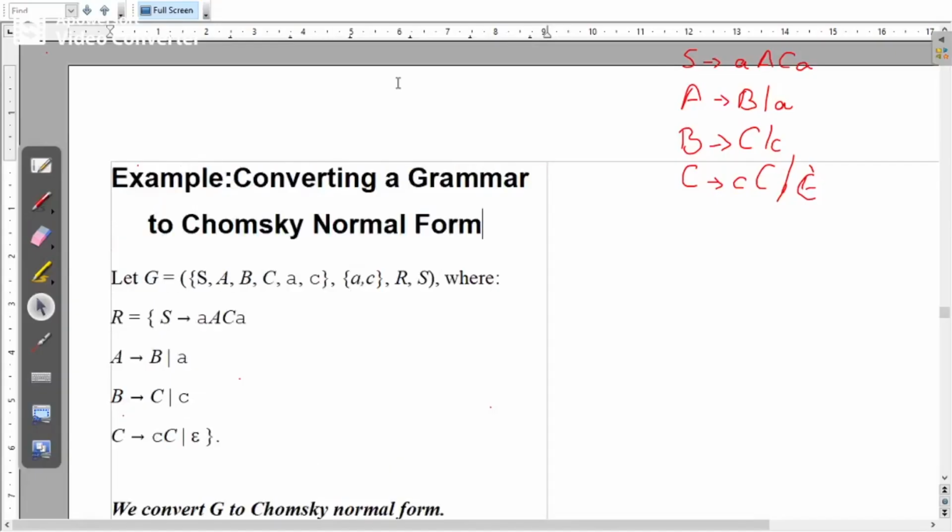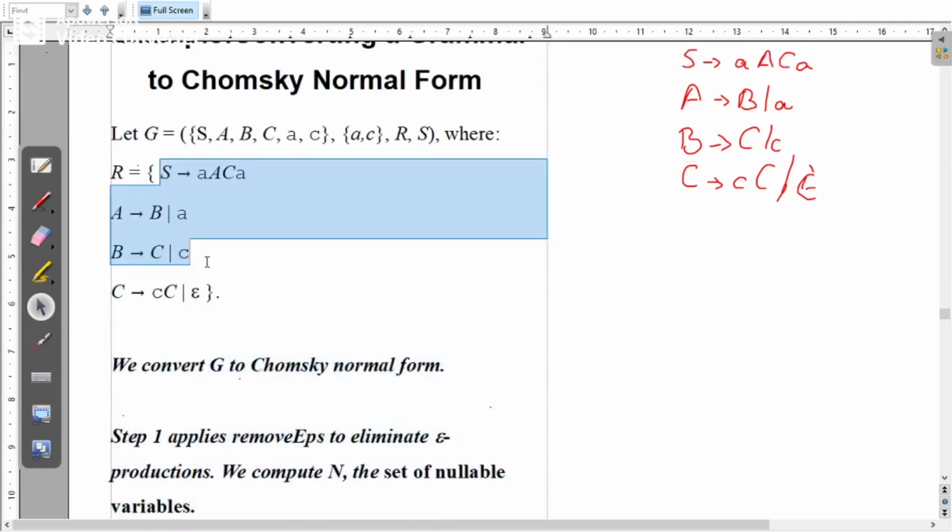Hello everyone. In this video, I'll be explaining examples on converting a grammar to a Chomsky normal form. So that's why I have considered here a context-free grammar, and the context-free grammar rules are like this. You can see the highlighted ones are the rules. So R is assigned with these rules, and the quadruple we have written here, G equal